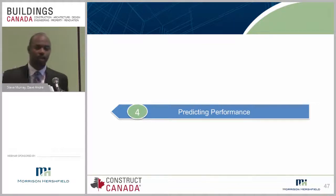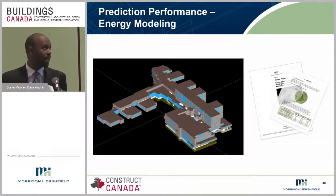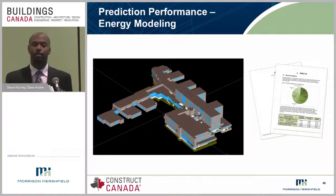So again, we'll talk about predicting performance. Typically what happens in projects, or the traditional approach, is that the design development will happen, the massing of the building will be identified, basic structure, basic types of components, and then essentially there'll be some energy modeling that happens to say, okay, how is this building likely to perform? Well, the challenge with what I would call now the fairly typical approach is that